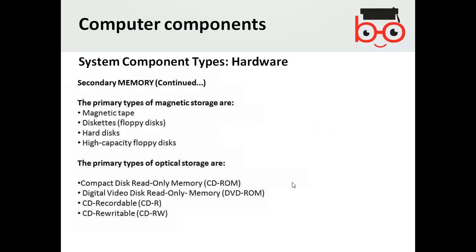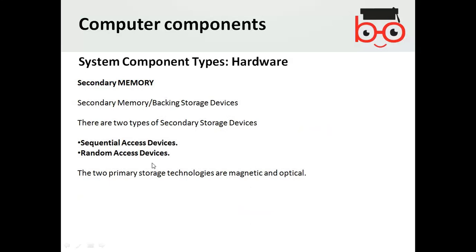Now the question arises, what are sequential and random? Probably you might have seen or heard of tape drives or audio cassettes. They are magnetic tapes.